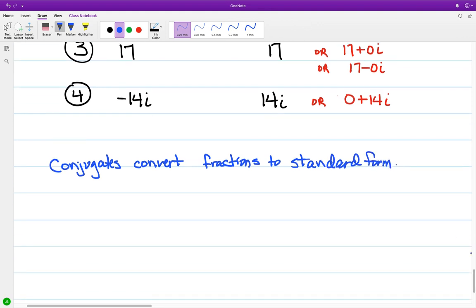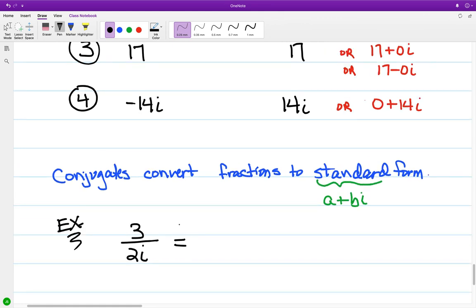And what I mean by standard, I'm talking about a plus bi form. Okay, and let's say that if you have, as the case here, a fraction such as 3 over 2i, what you're going to do here is take the conjugate of 2i, the denominator,